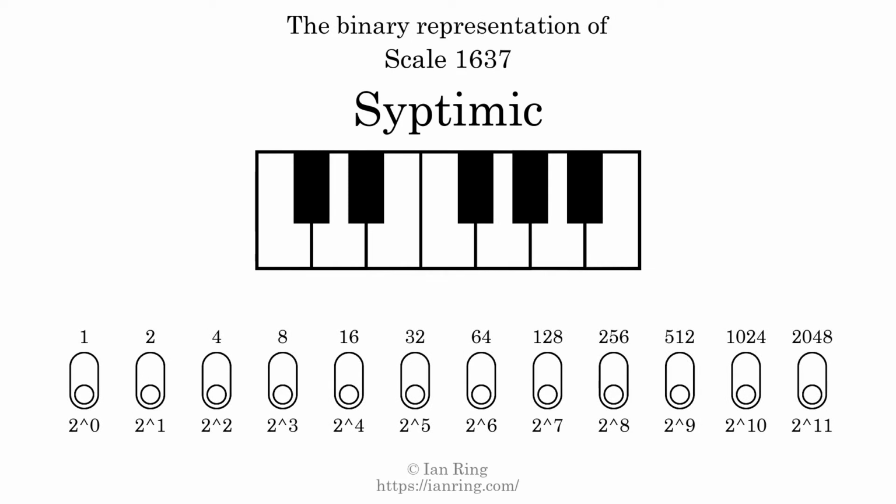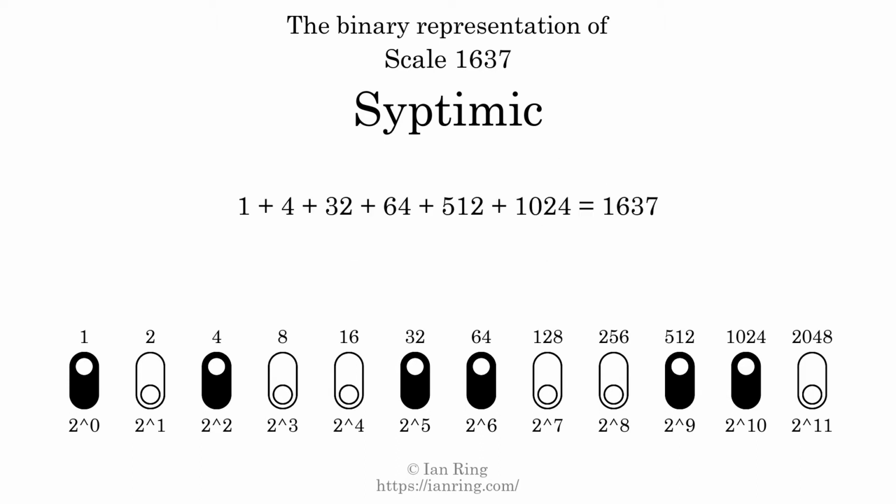The binary representation of this scale is determined by mapping tones of the scale to binary digits. Each binary digit represents a power of 2. To get the scale number, we add the powers of 2 together. The powers of 2 that are present in the scale, all added together, equals 1637. That is why the scale number, in decimal, is 1637. The scale number not only enumerates the scale with a unique index, but it also literally describes the tonal content of the scale. Represented as a binary number in base 2, the scale number is